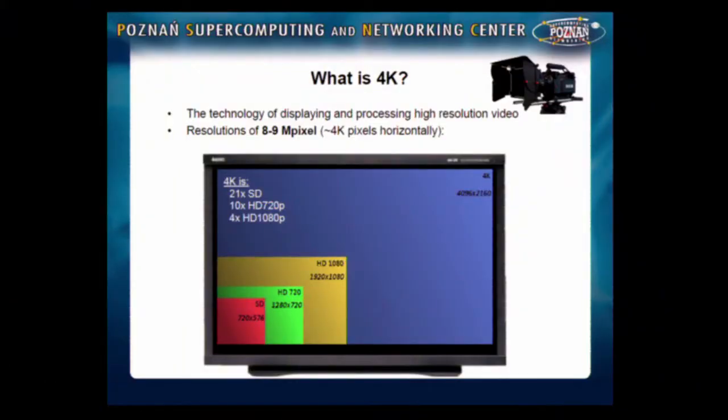Our application is called Monstream. It's designed to monitor our 3D video streamings from the PSNC suite. So what is 4K? I think you know it. 4K is a bigger image, it's a better quality. It's 4 times more pixels than in Full HD. And now 8K is approaching, and 8K is 16 times the pixels and data of Full HD